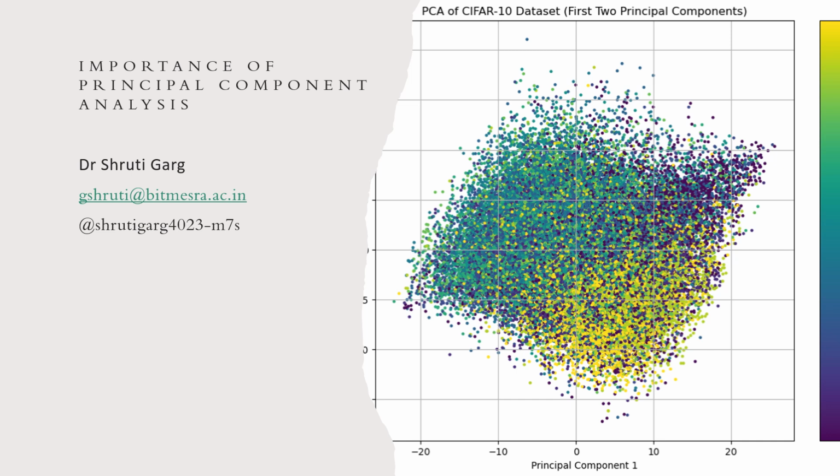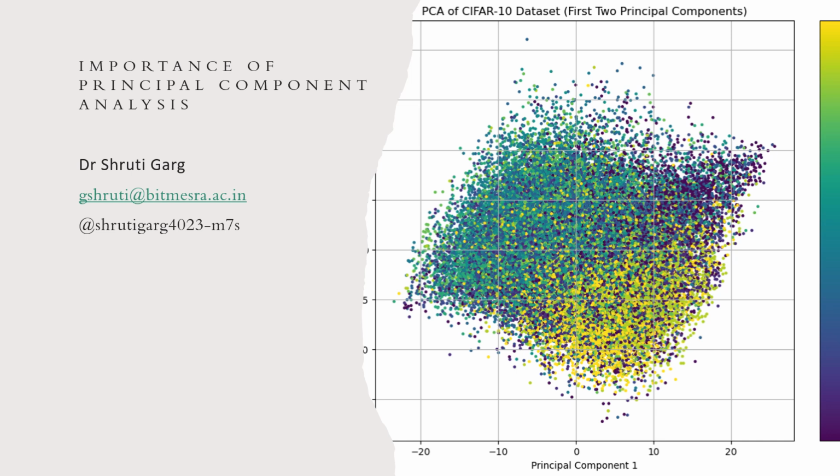Hello friends, with your support, I am able to prepare my sixth lecture in the machine learning series, on principal component analysis. So first of all, we'll come to know what the importance of principal component analysis is. What principal component analysis gives me is the reduction of dimensionality of data. This is the output of PCA